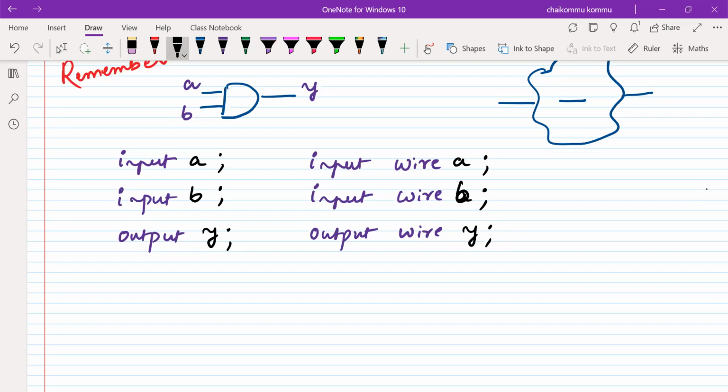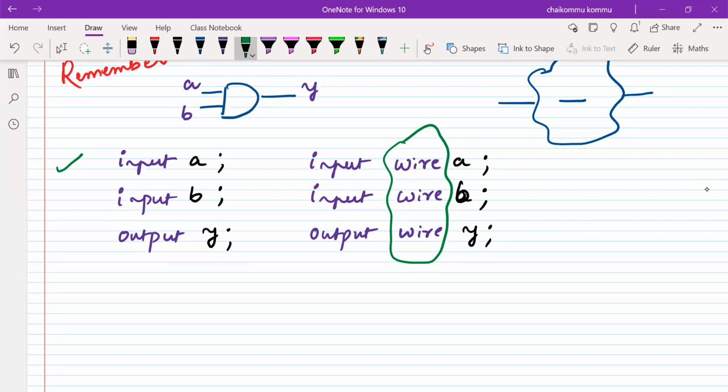But we are excluding this information. We are not able to write this information. Why? Because any line in a digital circuit we are treating as a net. That means it takes a net data type. The value must be a net data type. So the default value of each and every line is a net data type. One of the net data types is wire. So it is also possible to write in this way.